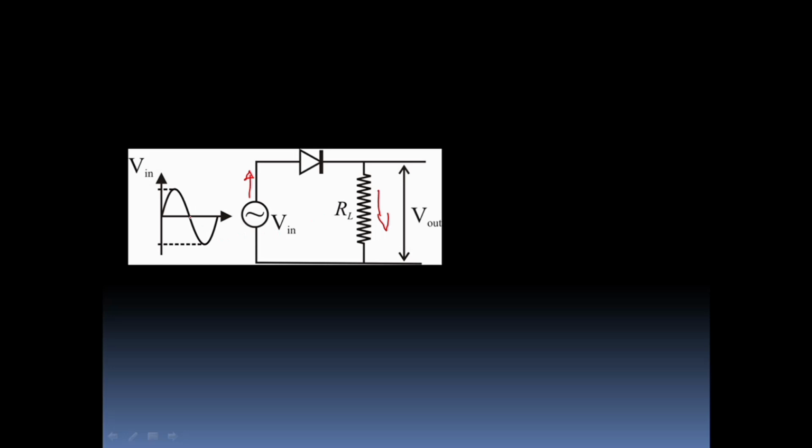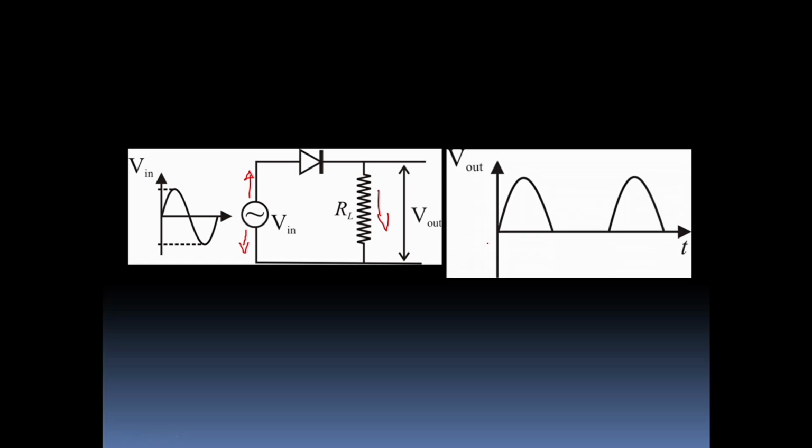Then if you consider the second half cycle, current is trying to go the other way, but now the diode is reverse biased, therefore no current flow takes place, no voltage variation. Then the output voltage variation will be something like this. During the first half cycle, I can call this the positive half cycle, current flow takes place, voltage variation takes place. During the negative half cycle, the second half cycle, no current flow takes place, no voltage variation takes place, and thereafter again in the next half cycle current flow takes place.